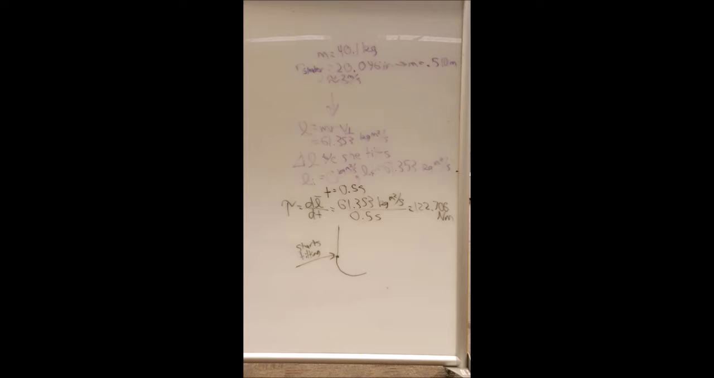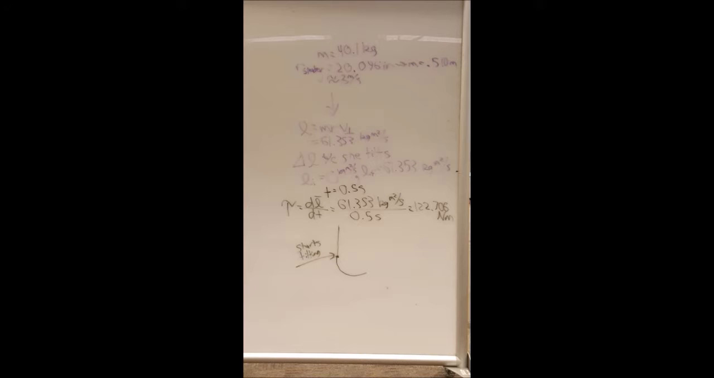As such, we can determine her angular momentum at the moment she finishes leaning. It comes out to about 61.353 kilogram meters squared per second. Since we know that torque can be expressed as the rate of change of angular momentum over time, we can find the torque that acts on the skater due to the change in angular momentum by determining the change in